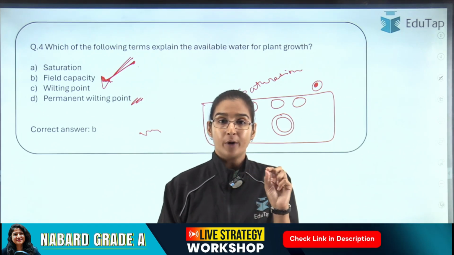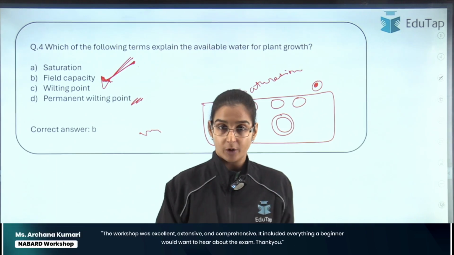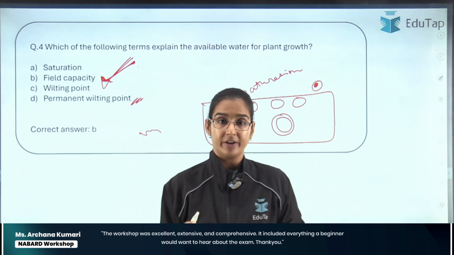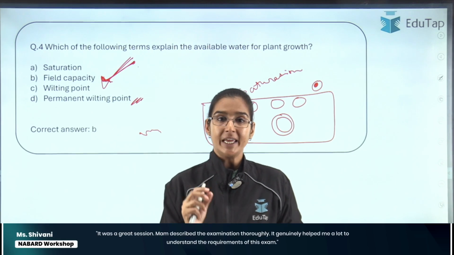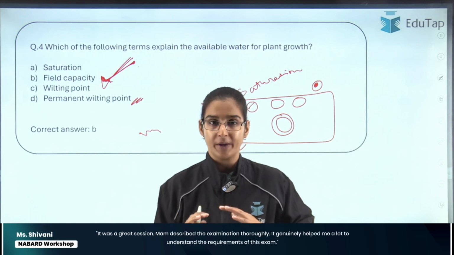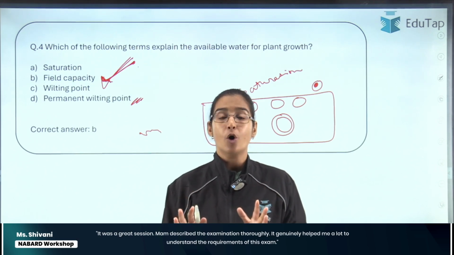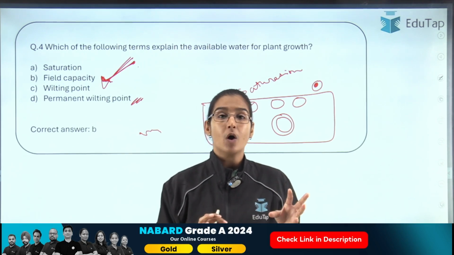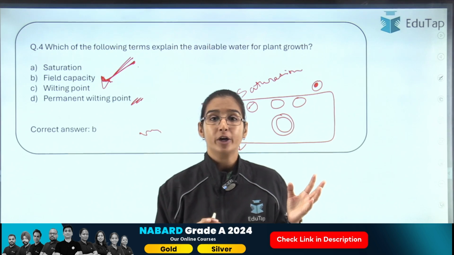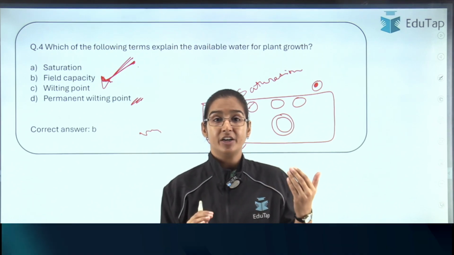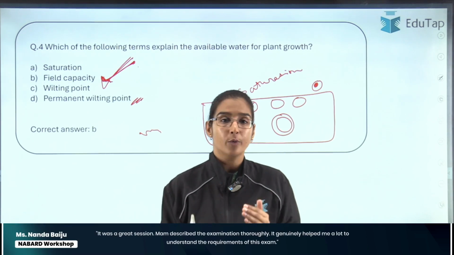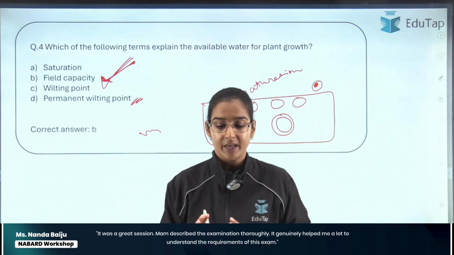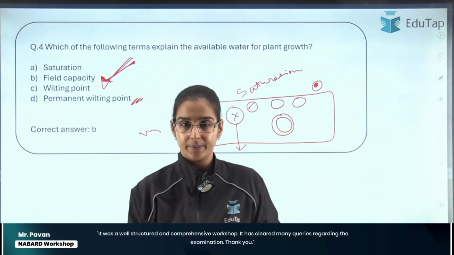But permanent wilting point is when even after you supply water later on, even then the plant will not be able to recover, right? Suppose in the example of mint, if in the morning the plant is drooping and you supply the water, by afternoon or at max by the next day's morning, the plant will recover. But after a week, or after 10 days if you are supplying water, the plant must have reached the permanent wilting point where it is not going to recover even after you supply water to it, and that is the permanent wilting point, right? So that is the difference between wilting point and permanent wilting point.